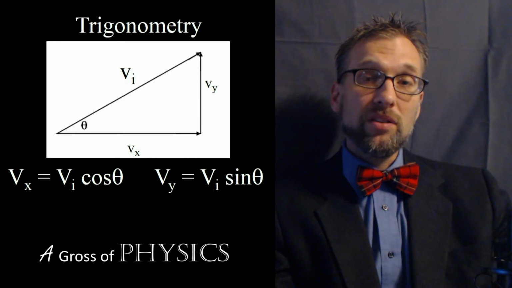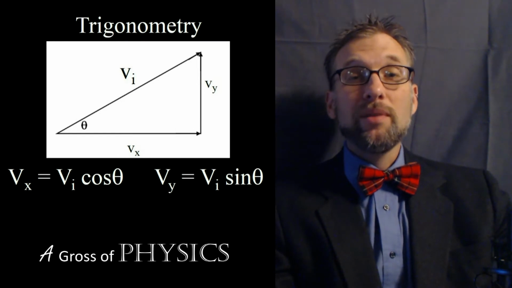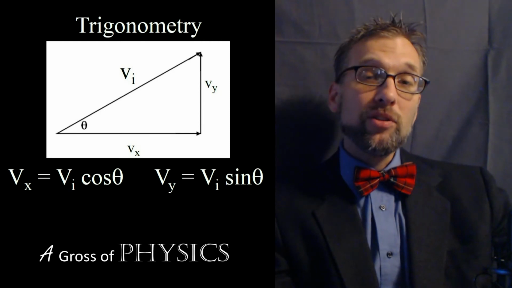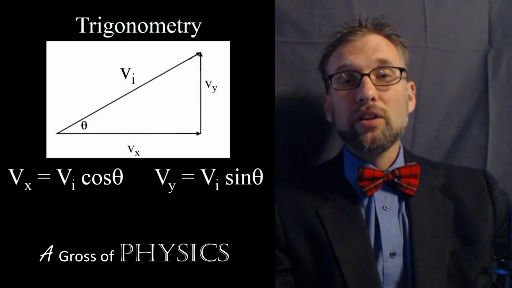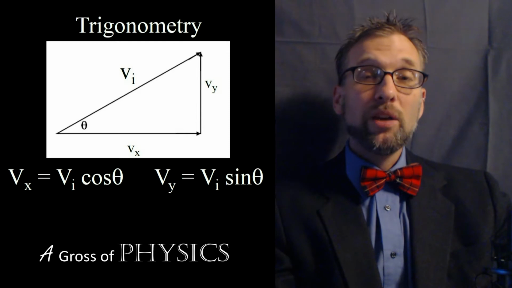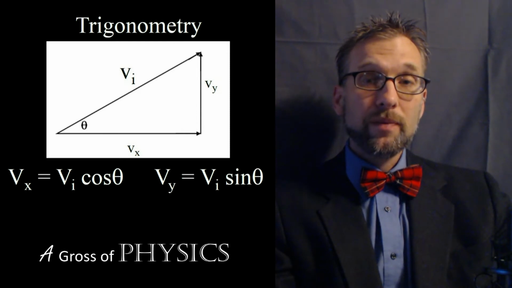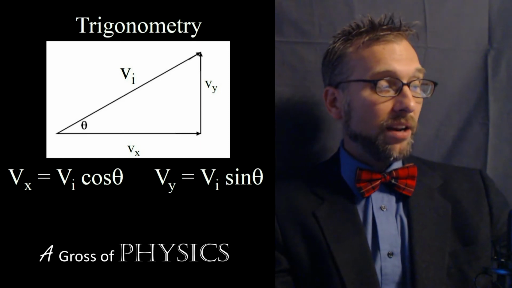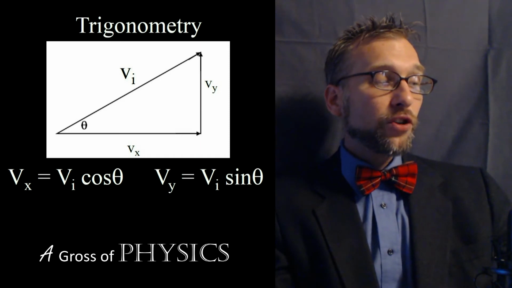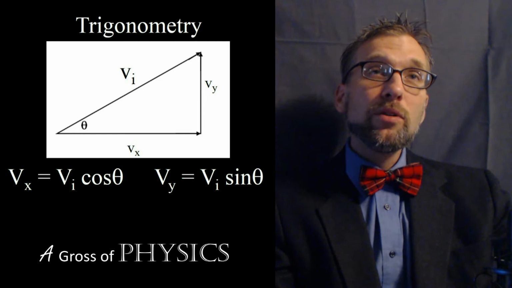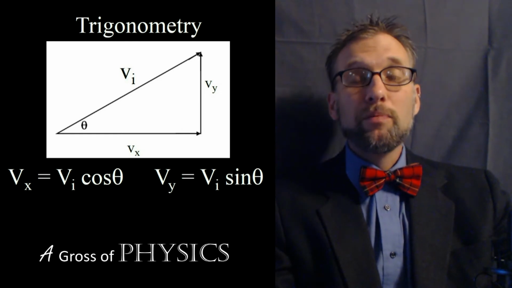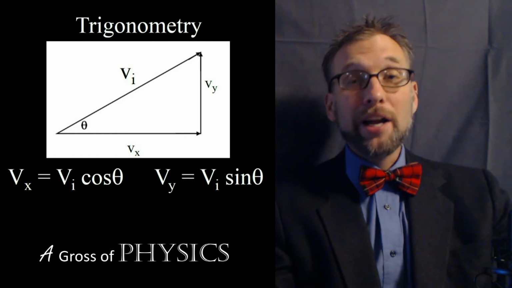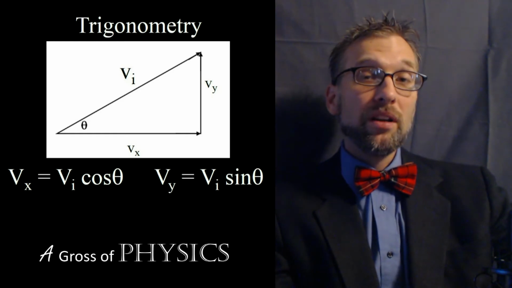AX is typically going to be 0. AY is going to be negative 9.8 meters per second squared. And what we'll be able to do is utilize other clues within the problem in order to solve for the different variables. Now what I'd like to do is show you a couple of example problems of that. Using the trig, we are able to simplify the problems and reinforce our mantra for this chapter, which is perpendicular